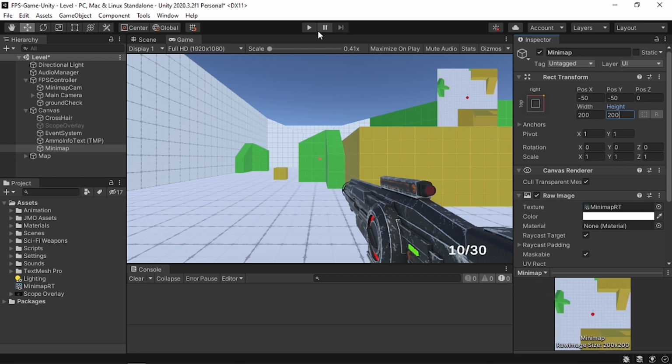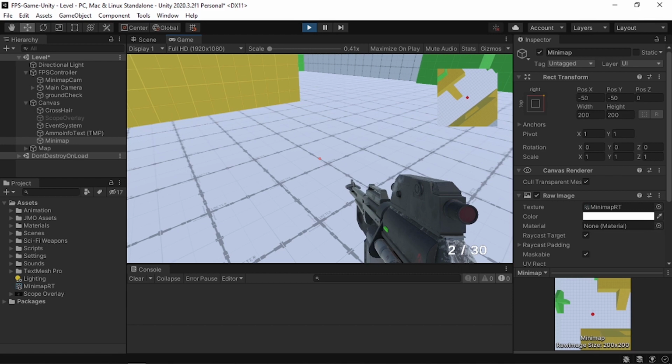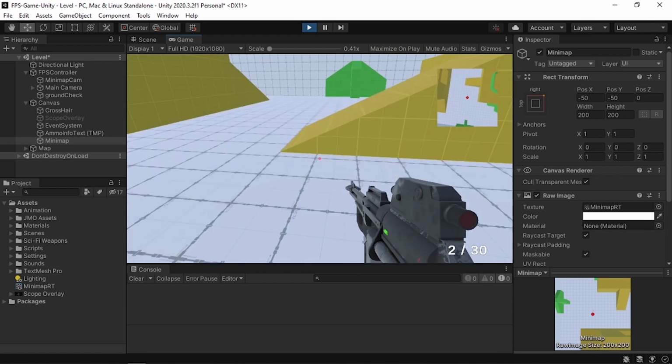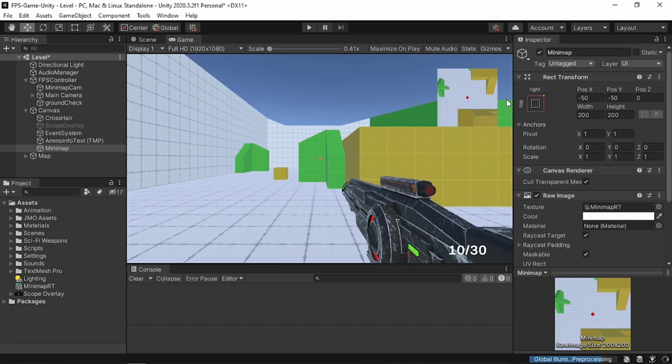And let's hit play. And there you go, we have our minimap. And it renders the top view. And it's actually working. You could change the size of the map. But as you can see, it's a little bit boring with this square shape. So we can change the shape to a circular one. And also we can add a border. And we can change the player indicator or the player arrow.